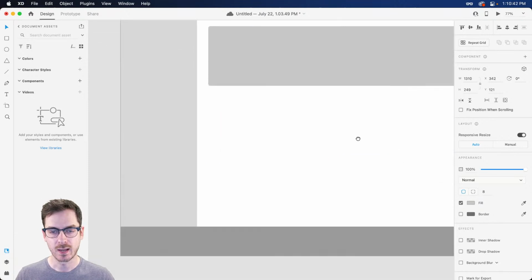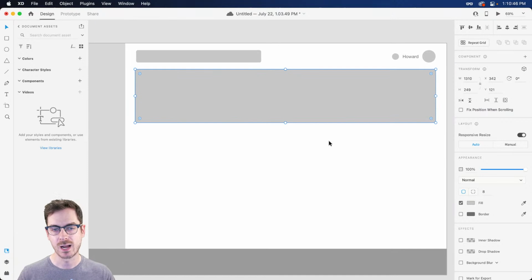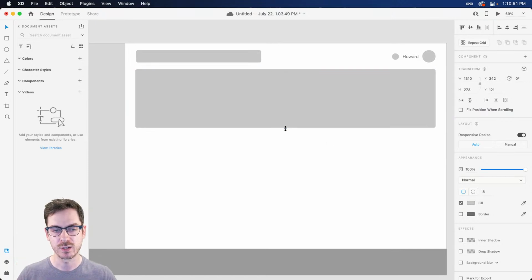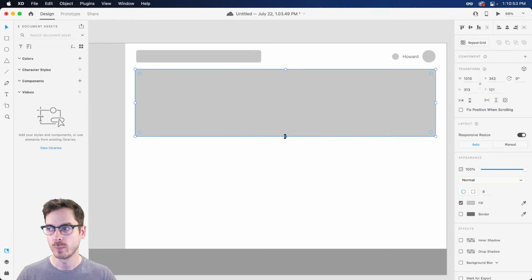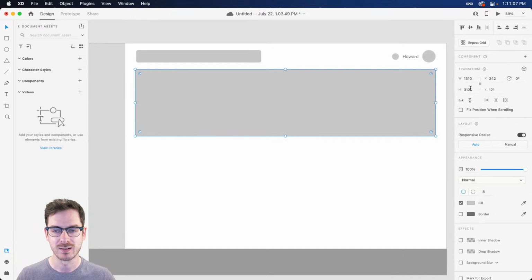And then in terms of the size of this element, I'm not too concerned at the moment of how tall it is, right? Because once we start using stacks to our advantage, we'll be able to very easily manipulate that, and then everything below it is going to adjust beautifully. So I'll leave it somewhere in this range here. Although right now the height is set to 313. It's not a great number. 312 is a little bit better. Make things nice and even.